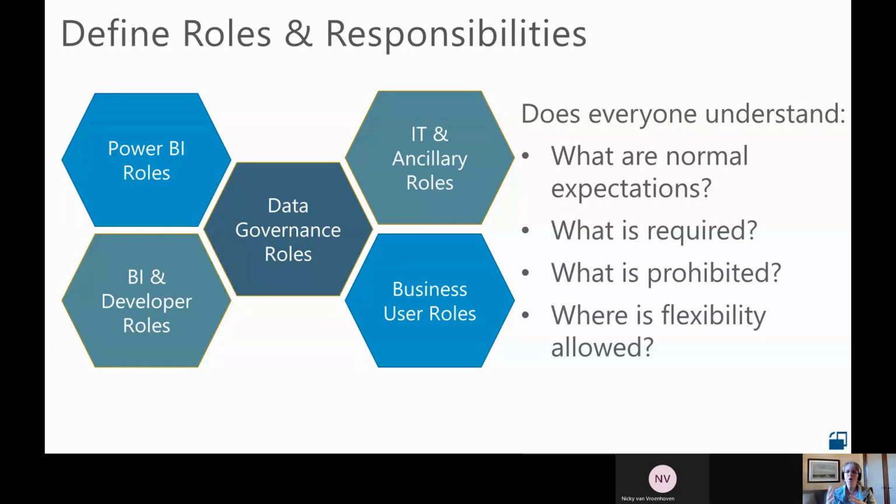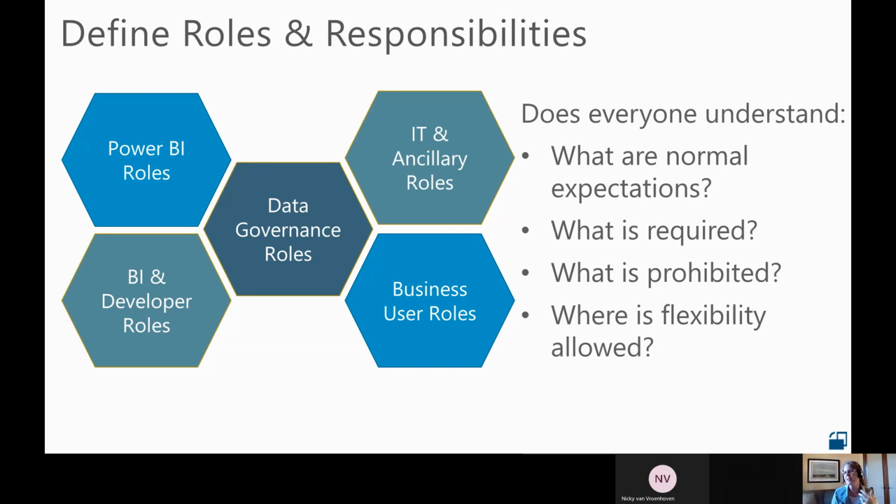The whole idea, of course, is people know what's expected of them, what they can do, what they cannot do. But self-service BI is an odd beast. People have different levels of capabilities and levels of interest in things they want to get involved in.